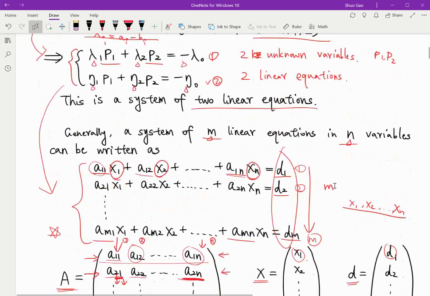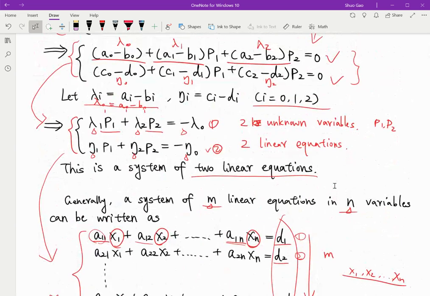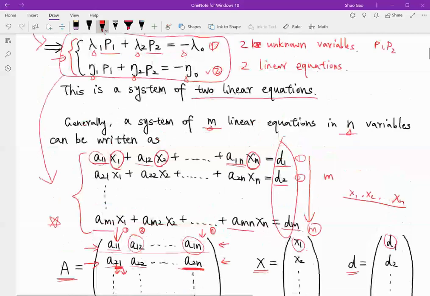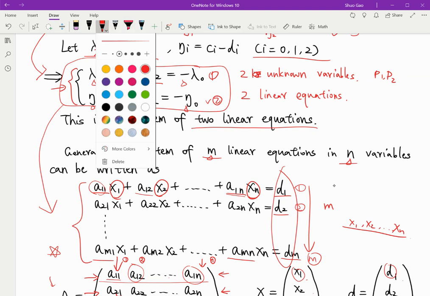Okay, so here's a little bit of exercise. If we look back to our first example here, we can also transfer these two equations into a matrix form, right? But this is a much smaller matrix than this one here. So if we transfer this matrix, it should be